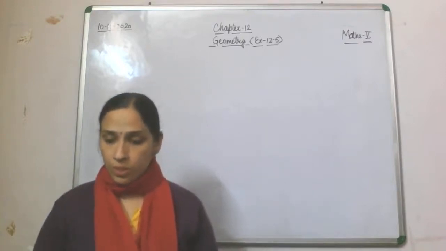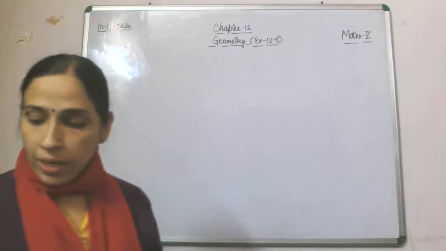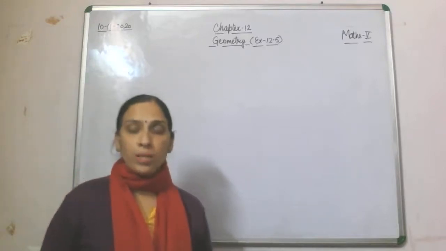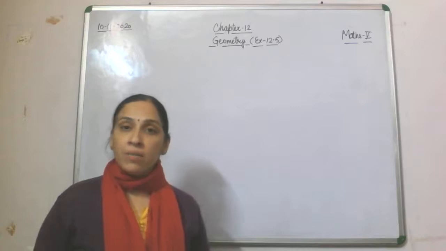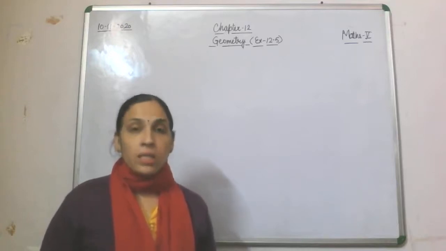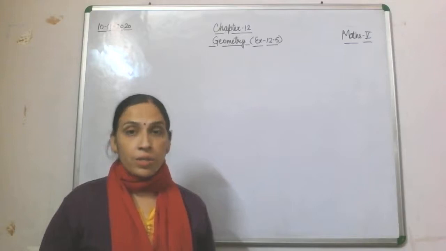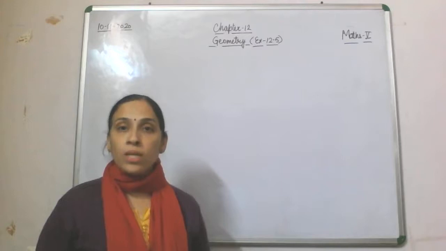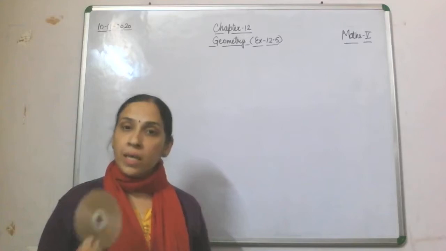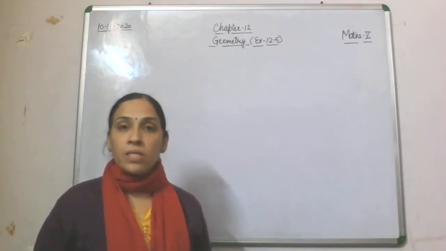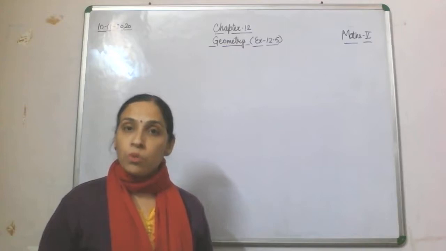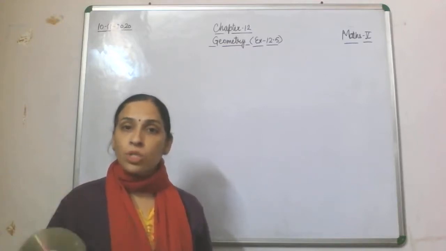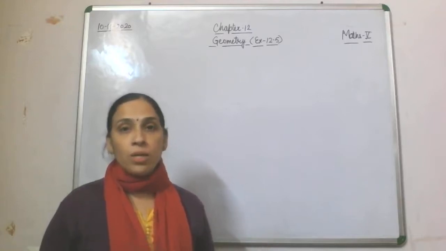of 2D shapes. So children, I'll show you one activity, and with that activity I'll make you understand the concept of translation. Translation means when sliding one object over the other, we cannot see the second object. Then we are saying yes, the second position is the translated position of that particular object.